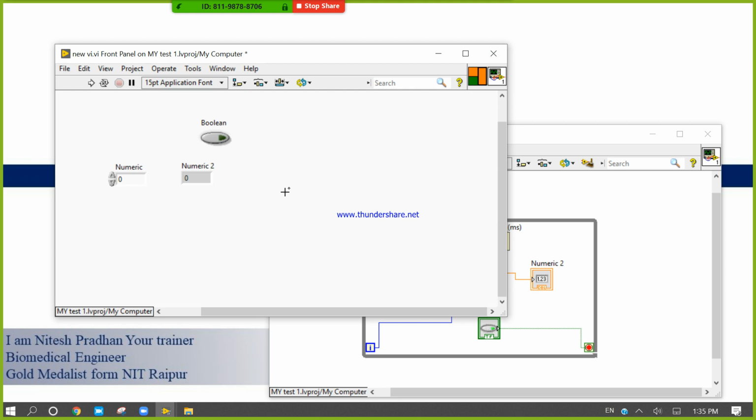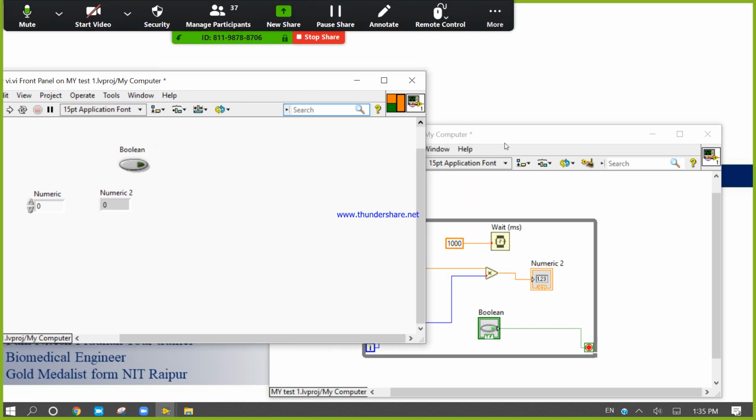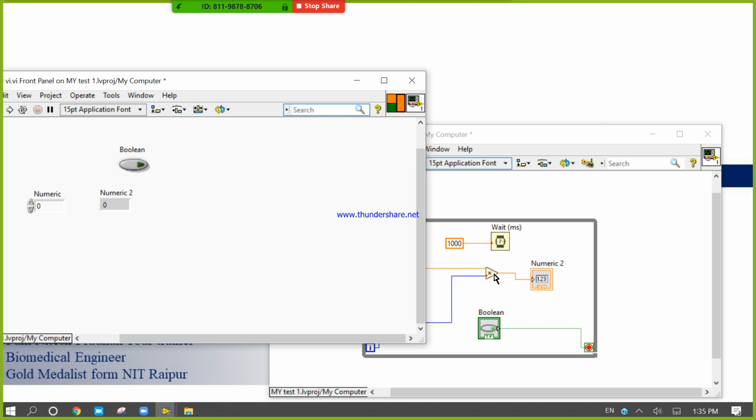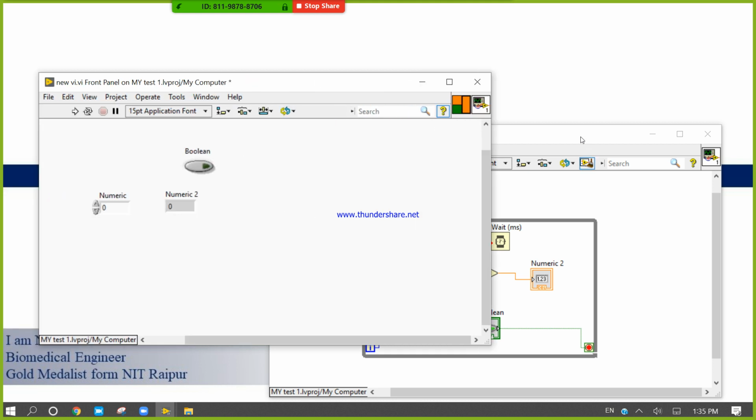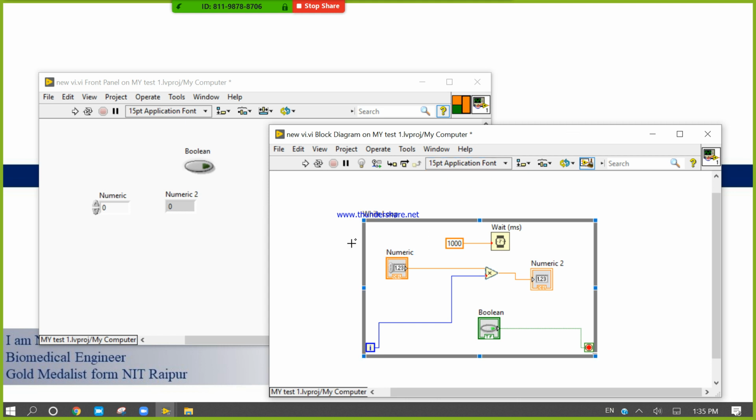So it is very easy. In future, when we design this kind of modules, this kind of functions according to our logic, at that time we need to select this, and whatever you are looking at here, we can configure, we can modify, and we can design this one. So it is a connector pane and it is an icon. Okay, so please check this one once. Okay, no need to design, we will design after that.